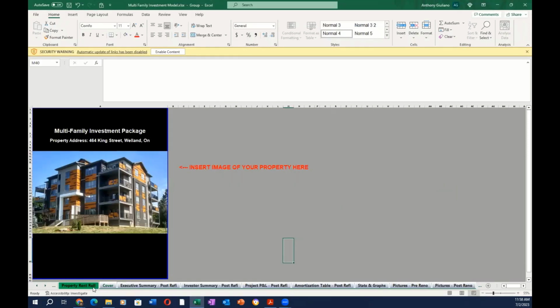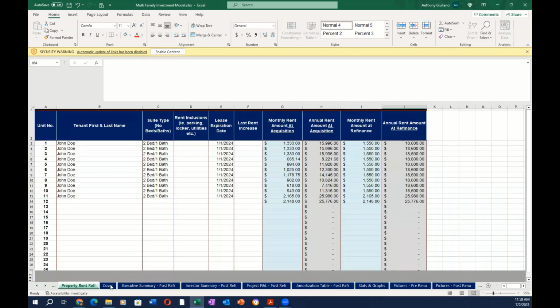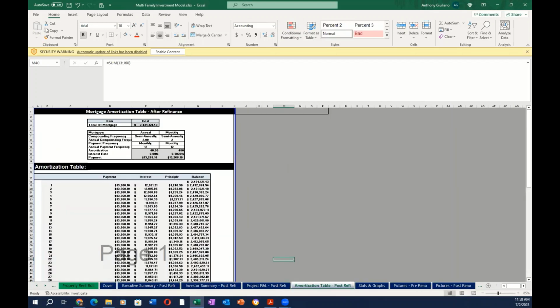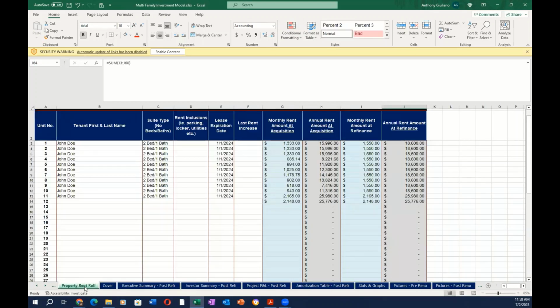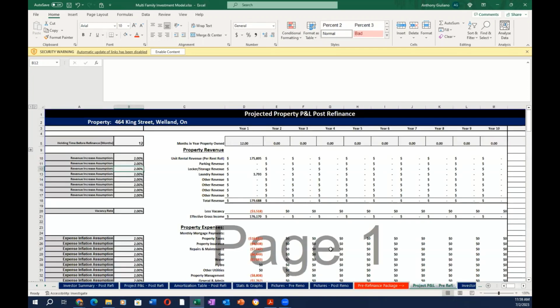If there are some tabs you don't want included, you can just skip them over. Let's say I don't want the executive summary included for whatever reason. I'll skip over that and I'll just go to my post-refinance tabs and whatnot. If say I want the rent roll included, I can move the rent roll over to wherever I want it included in my printout, and also print the rent roll on the property. So, okay, so